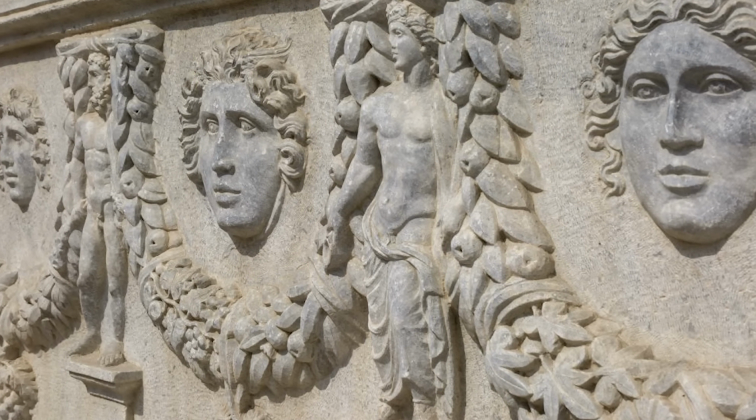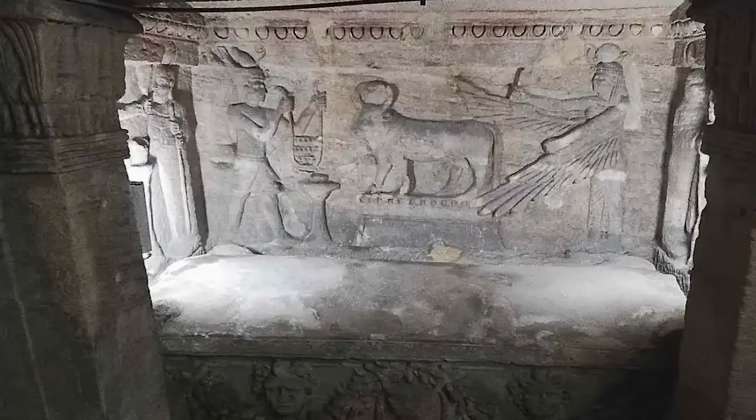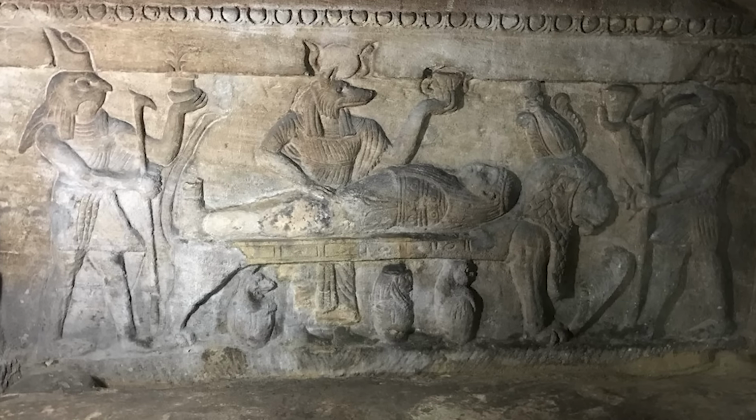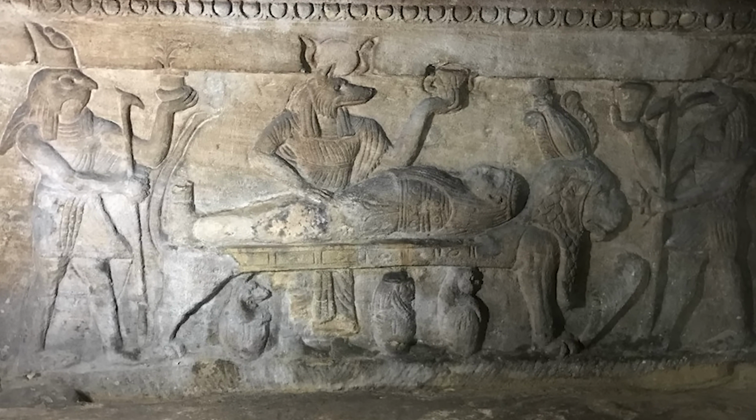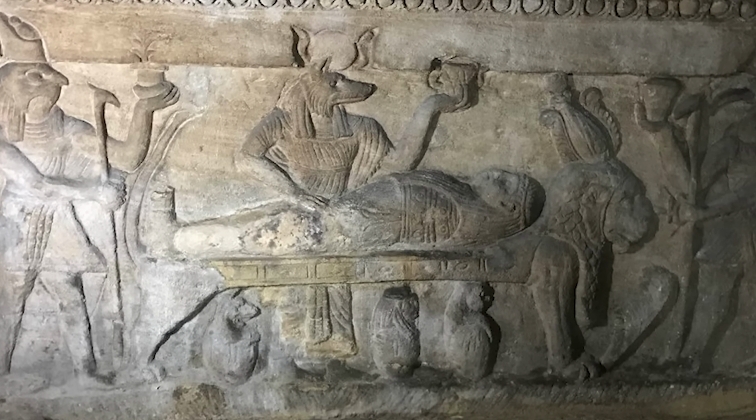As I mentioned before, there's this blend of styles here. On the walls of the catacombs are carvings, some blending in Greek and Roman influences. For example, there are scenes depicting the Egyptian god Anubis, but dressed in Roman-style clothing. The tomb chamber features 3 massive stone sarcophagi, which are super intricate. I mean, it just looks like the type of place you could spend years exploring, and you'd always find something